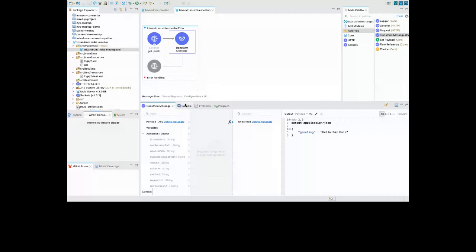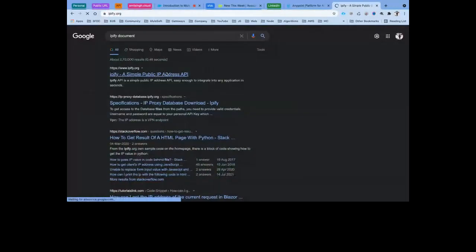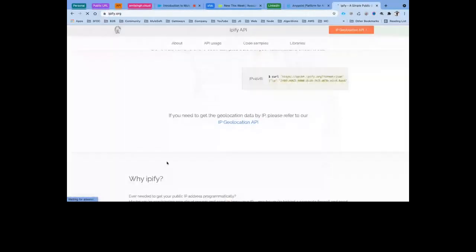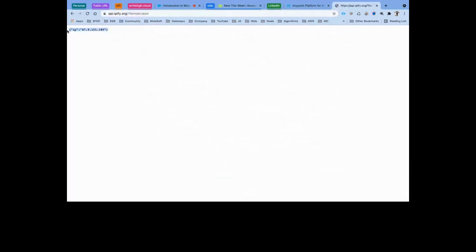If I go to the browser and open the IP file API, which returns the IP of our particular network, and I hit this URL in the browser, you see it gives me a response saying this is your IP. It is making a GET API call, because everything we hit in the browser is a GET API call.